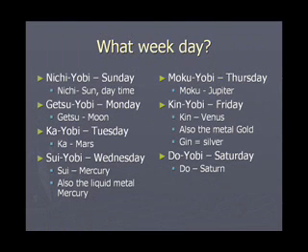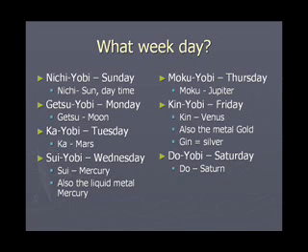We have seen the names of months and dates. Let us look at the names of the weekday. The weekdays are still 7. The planets to which they refer are the same. The order in which they appear are also the same. There is a standardization across the world on this count. Nichi-yobi is Sunday, Getsu-yobi is Monday, Ka-yobi is Tuesday, Sui-yobi is Wednesday, Moku-yobi is Thursday, Kin-yobi is Friday, and Do-yobi is Saturday.